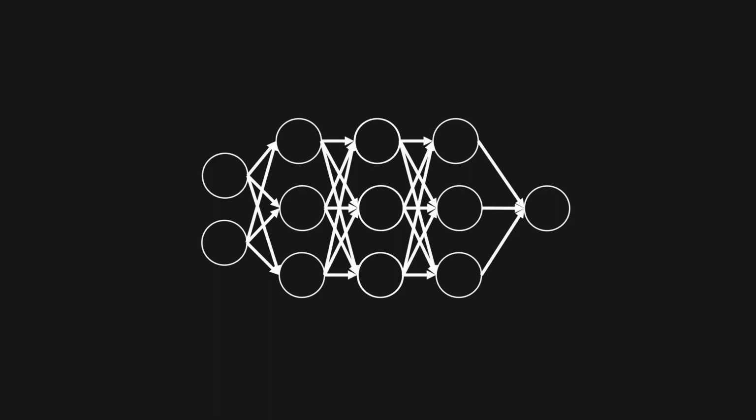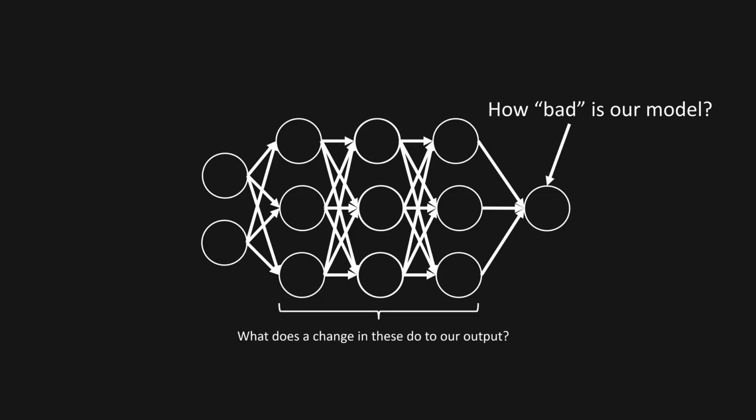So cool, but who cares? Well, let me explain. Here we have a model of what would be a neural network, and at the end here we have a loss function. This loss function can be thought of as, how bad is our model? And the reason that that starts to become powerful is because remember how we were calculating these gradients, and the gradients could be defined as little knobs that could change our output function. So if our output function is how bad is our model, and we now understand that these little knobs allow us to move that output function in a certain direction, or gradients, we can use these gradients to make this